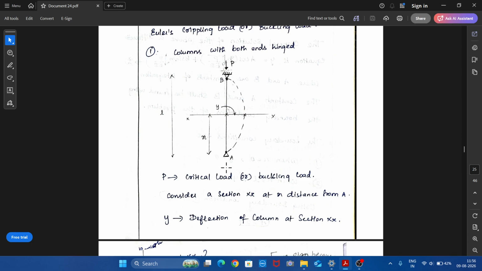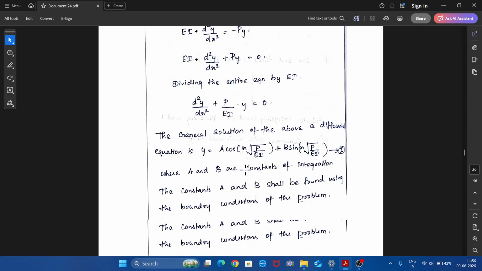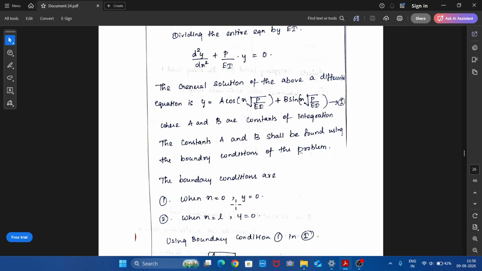So we can write the boundary conditions: when x equal to 0, y equal to 0. Say this deflection is 0. Here we don't have any deflection. Similarly, here we don't have any deflection. Whereas here at section x, we have deflection y. So at x equal to L, the deflection is 0. So the boundary conditions are when x equal to 0, y equal to 0, and when x equal to L, y equal to 0. So we need to substitute these two boundary conditions in this equation 1 to get the values of the